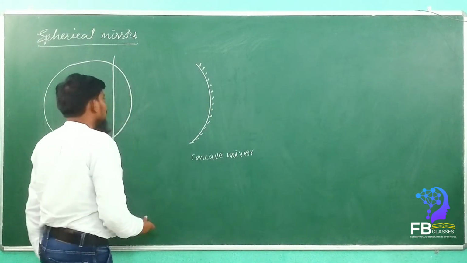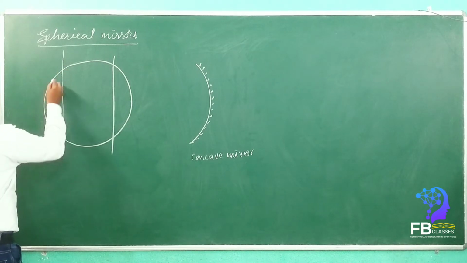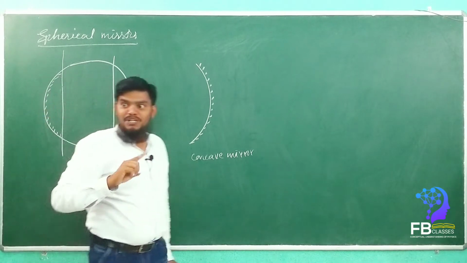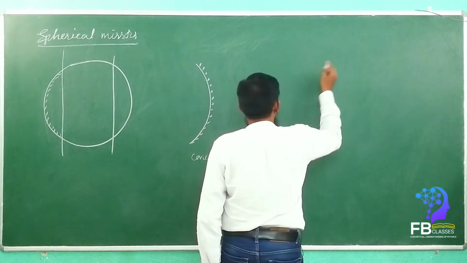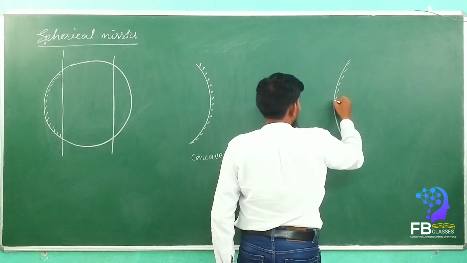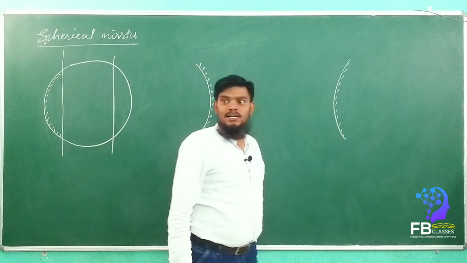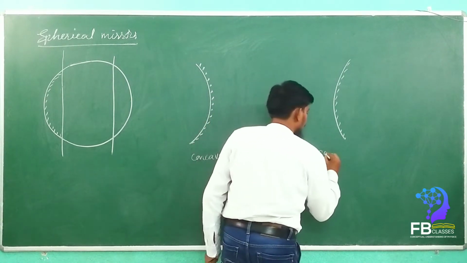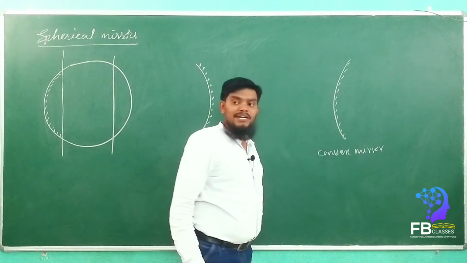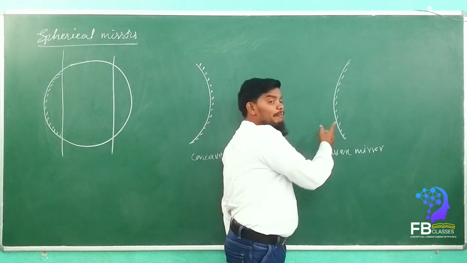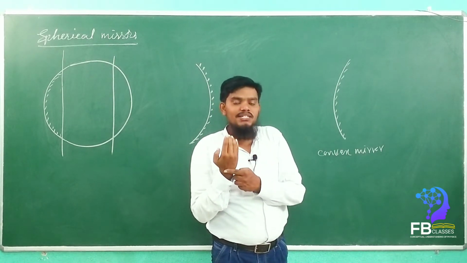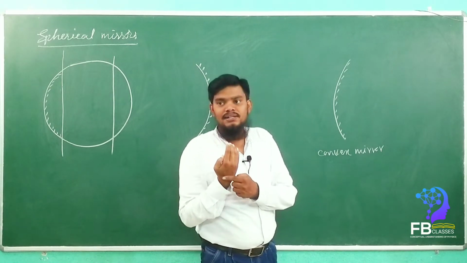Okay. So if you cut here and the paint is on the depression surface, see here, if you take it like this, now which type of mirror is it? We can call it a convex mirror. This is a convex mirror. Convex mirror means if the reflecting surface is on the bulging side, then that mirror we can call a convex mirror. Are you getting my point?